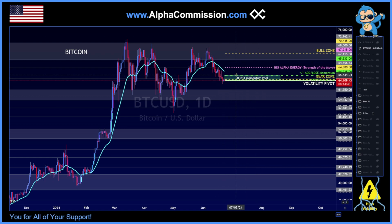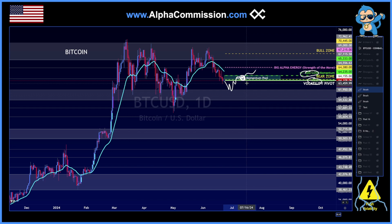And of course, if we can do that, we can gain a bias to the upside, especially if we gather our hold momentum and our add and lose momentum, aka the alpha momentum pool. Maybe we duck under here, maybe we play some games, but if we can recover these levels, put in some firm footing and then make those higher lows, while that Bollinger Band midline comes down and swoops us up, then there's a good chance that we can recapture that big alpha energy, which will give strength of the move to this projection here, somewhere around